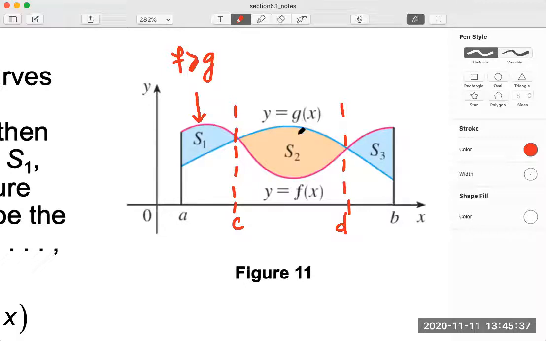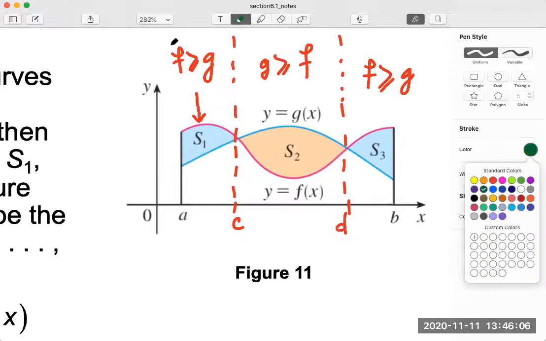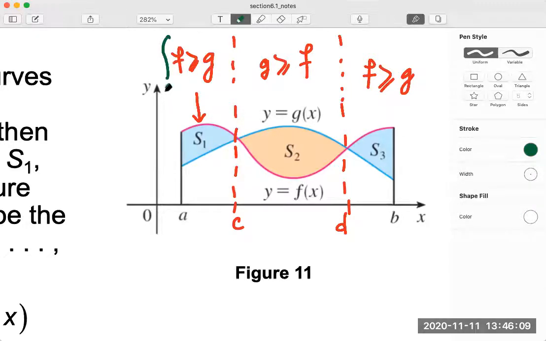The second interval, which one is larger? Very good. G is larger in the second interval. And in the third interval, which one is larger? Yes, F is larger. So it means that our job is to determine on each interval which one is larger. Then our job is to integrate from this region,